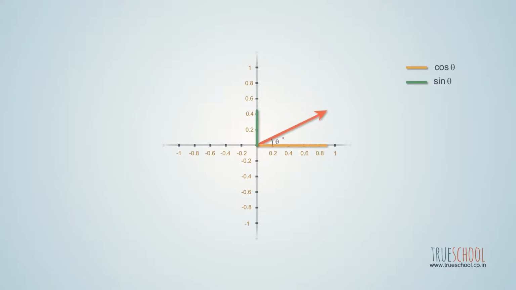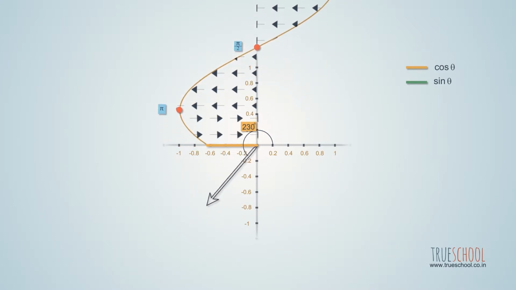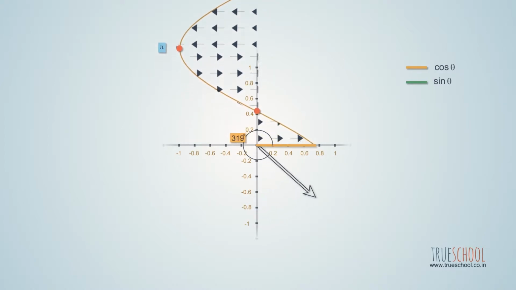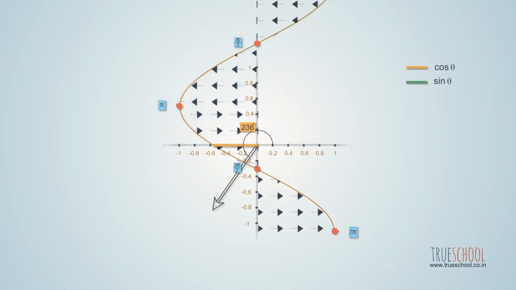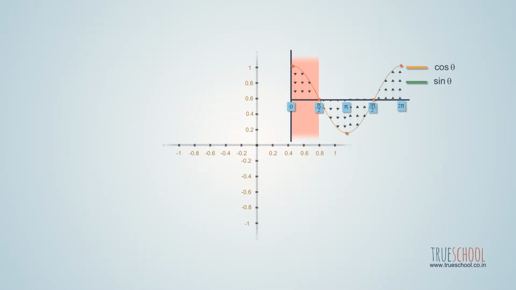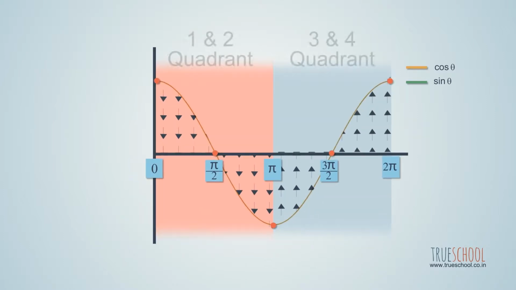When the arrow of trigonometry coincides with the x-axis, the angle is 0 and the base is same as hypotenuse. Hence cos theta will be 1. Its value decreases to 0 on increasing theta and further decreases to its lowest value of -1. After that, its value increases to 0 and then finally becomes 1 after one complete rotation of the arrow of trigonometry. It decreases in first and second quadrant and increases in the third and fourth quadrant.